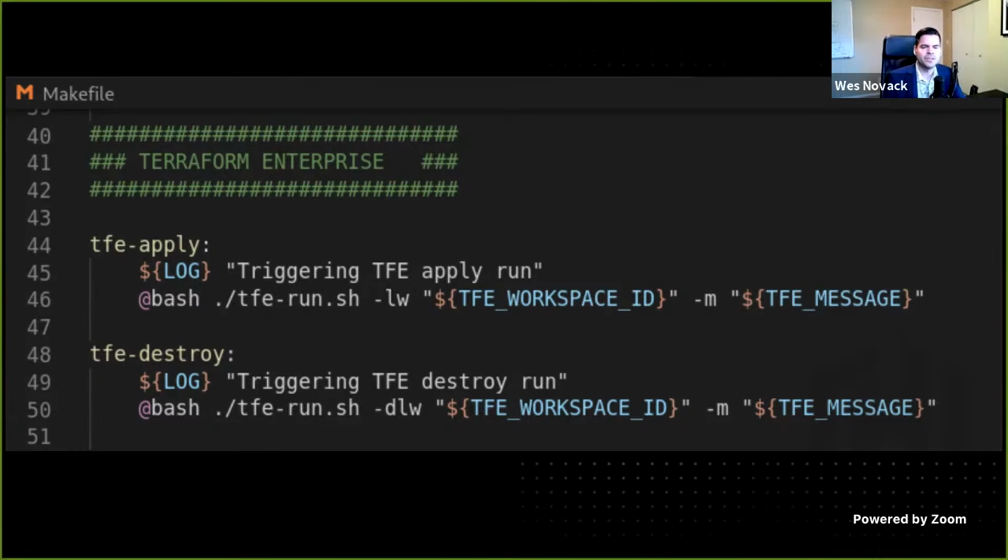So again, this is another helper script that we keep at the root of our GitHub repositories. And this particular script is really just a wrapper around some curl commands that we use to invoke the Terraform Enterprise API. And so you can see some of the parameters getting passed to that shell script. As you might imagine, what this script does is it allows us to trigger the Terraform Enterprise workspace to do a remote run and spin up our ephemeral infrastructure and then tear it down or destroy it when we're done with it so that it's no longer running. And we can do that inside of our GitLab CI/CD process due to the makefile and these helper scripts that we use.